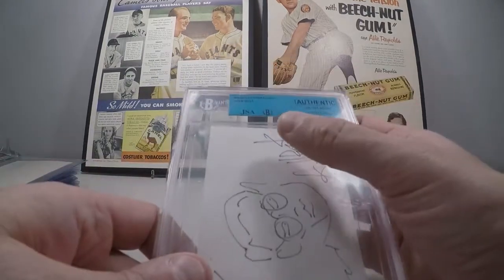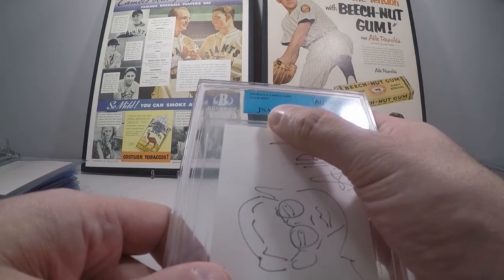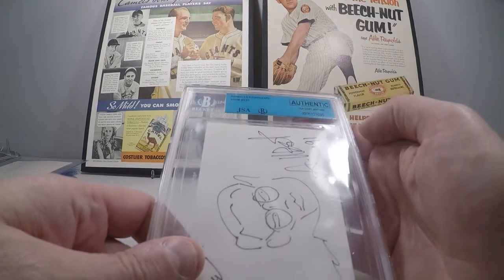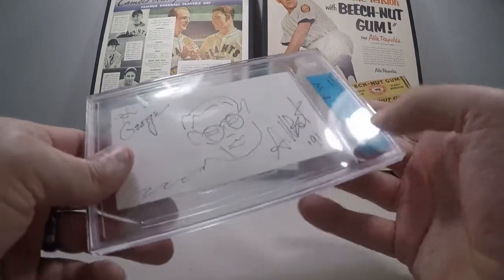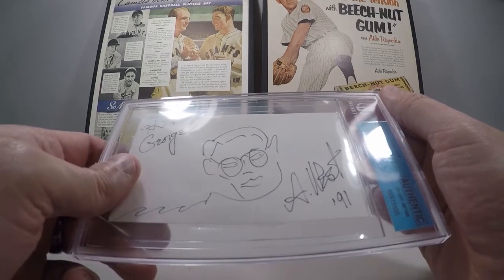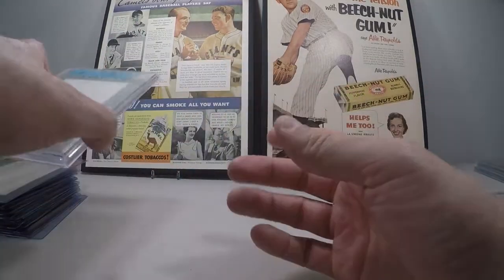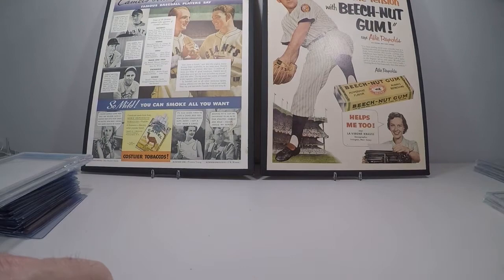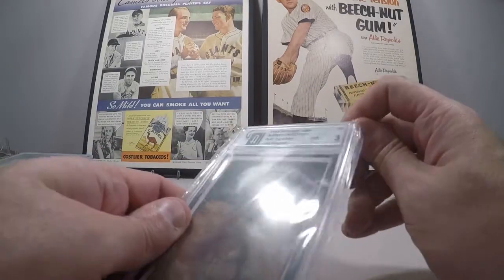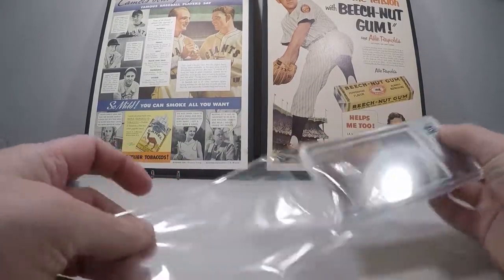And this is at the time when JSA was doing authentication, and Beckett worked together with them as far as slabbing for JSA and encasing or holdering for them. And then they did stuff with SGC, and now I hear that they're in the works of doing stuff themselves, but we'll see. This is a card I probably should snap out of the holder, but I'm hesitant because